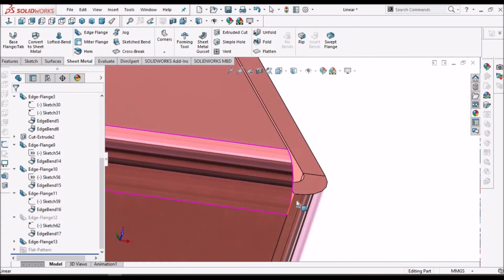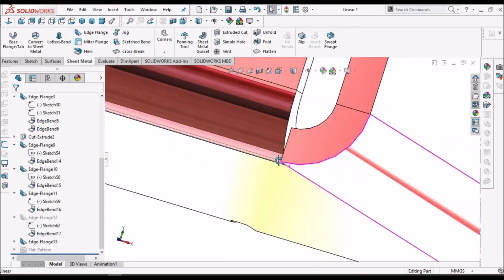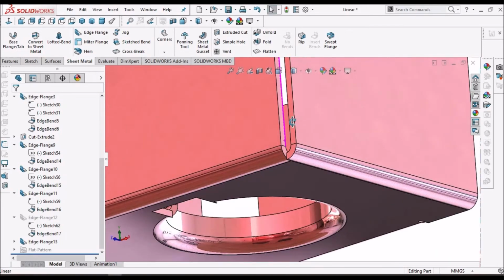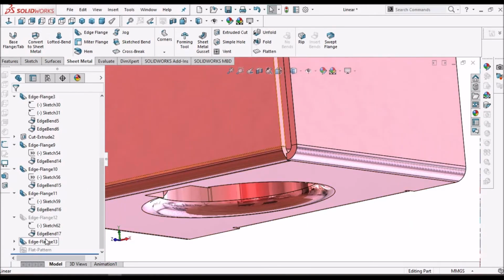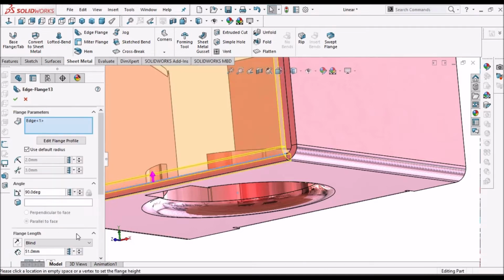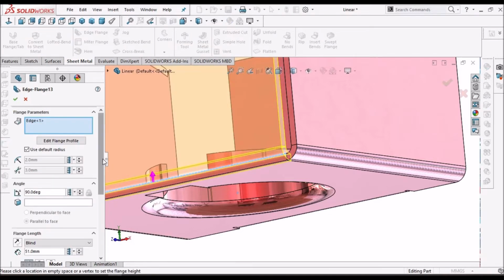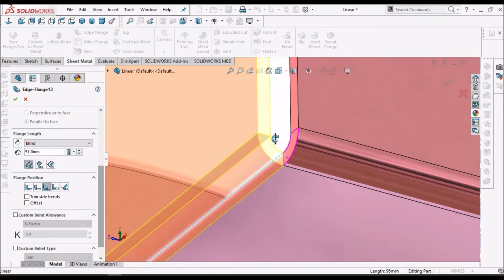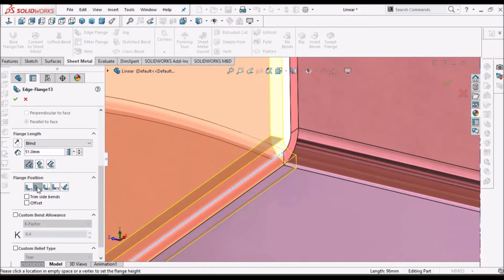We should not have this kind of flange in SolidWorks. So what we have to do, either we have to select any one of these options to move, or we have to trim this.